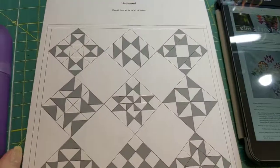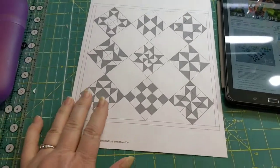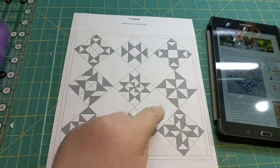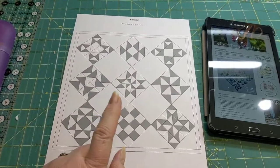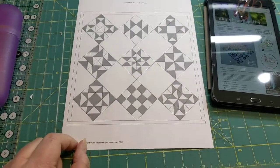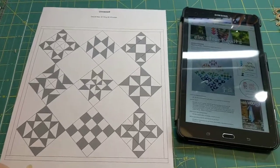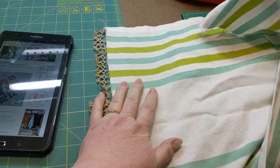So I'm thinking about, been playing with Electric Quilter 8. I got it last year and I haven't mastered it. But I thought maybe this would be fun. I like all the stars in the corners and in the center, and then the other blocks around, and then having a lot more space. So this is the hand-piece quilt-alongs. They've already revealed all the blocks, and I was just goofing around thinking I like to play around with the settings. I'll put these blocks up on the design while I make a final decision on the fly, as I normally do. So in my big organizational cleaning, I found my yard of tea towel fabric that I've never finished,